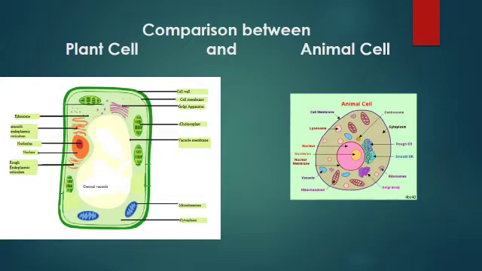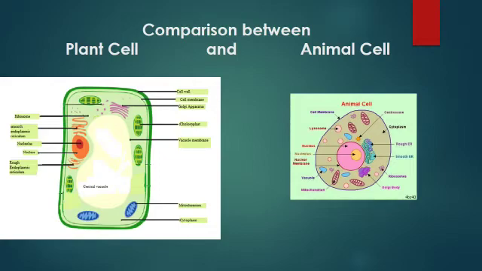So you have to practice drawing these plant cell and animal cell, and whenever you draw plant cell or animal cell, in plant cell you have to make it rectangular in shape, and you have to draw cell wall, then cell membrane. Vacuole, it should be large, and nucleus should be at the side.